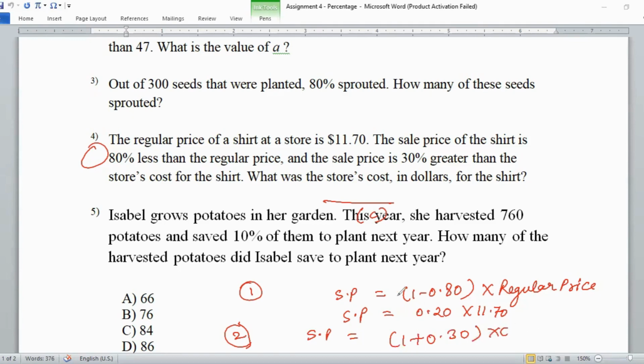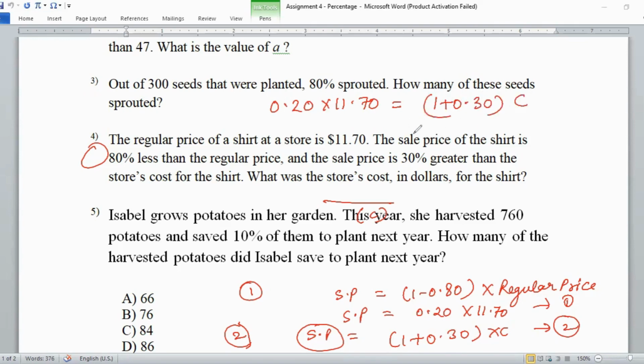Now you can see that both the equations, this is equation 1 and equation 2, are equivalent to selling price. So by using this information, I am putting the RHS part of both the equations equal, and I am getting this expression equal to each other. From here, I can find the value of